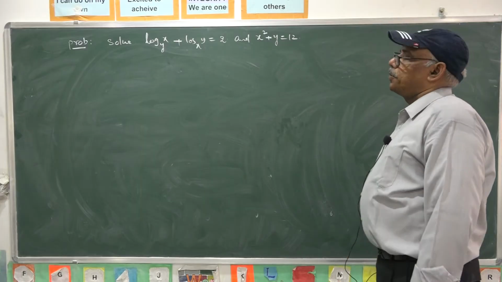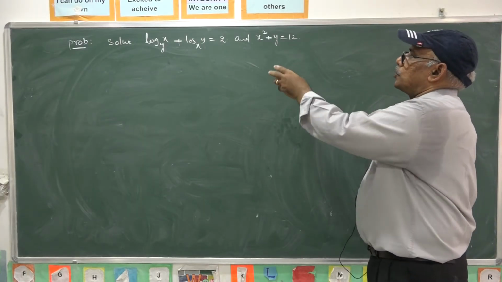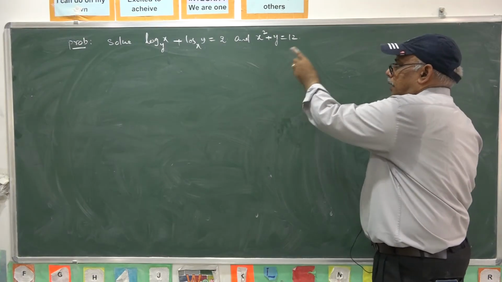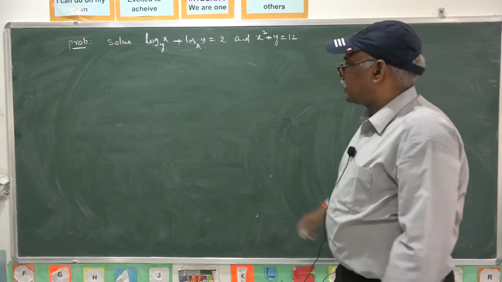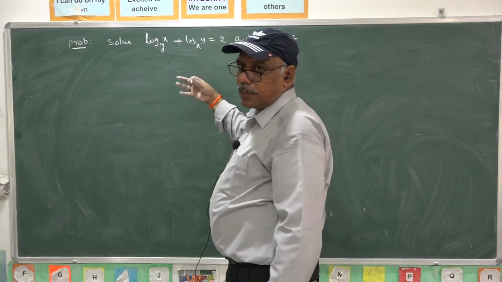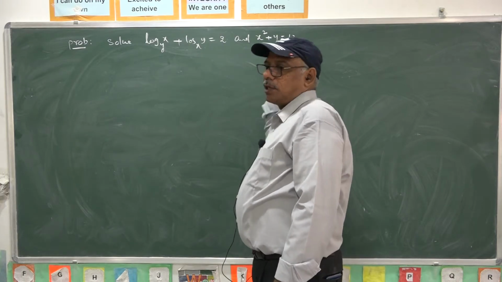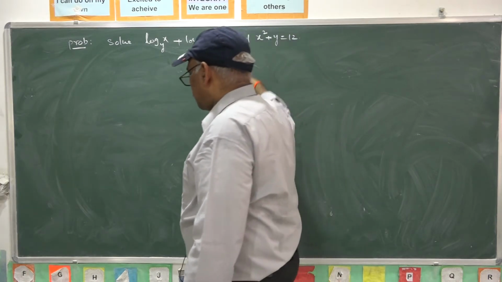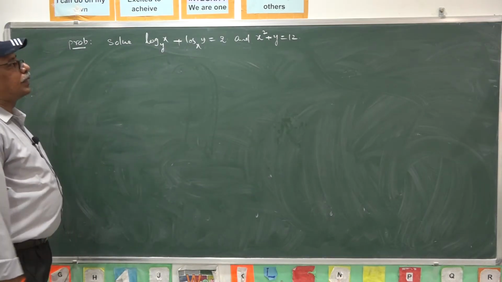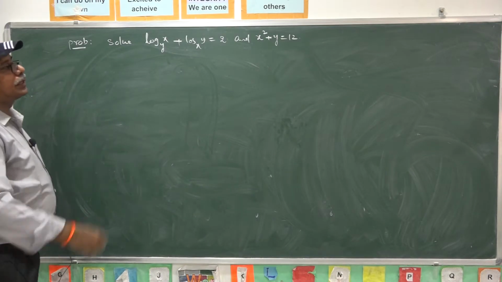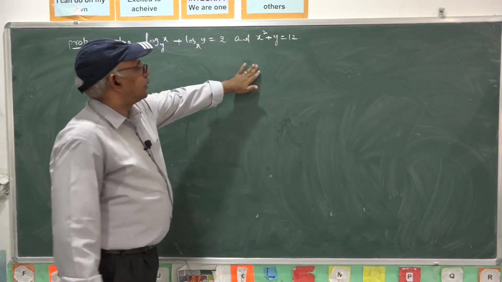That means you have to find the values of x and y that simultaneously satisfy both the equations. Simultaneously satisfies means once you put those obtained x and y values, it satisfies this equation as well as this equation. So this method comes under simultaneous equations solving, simultaneous equations in x and y variables here. So that is the question.